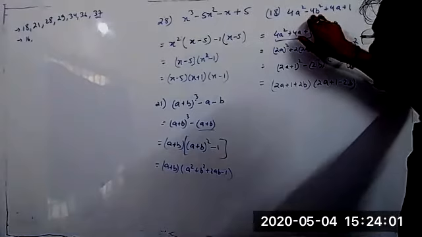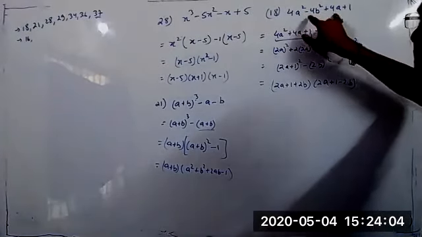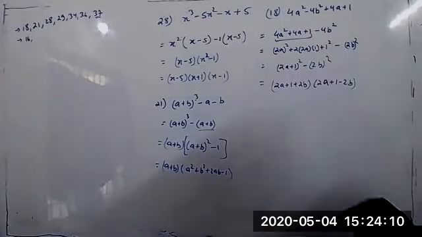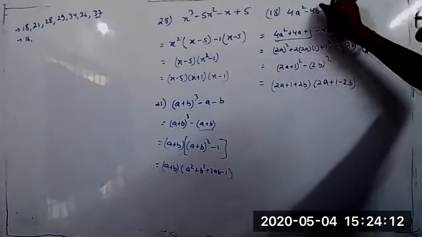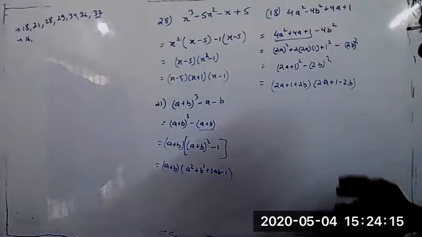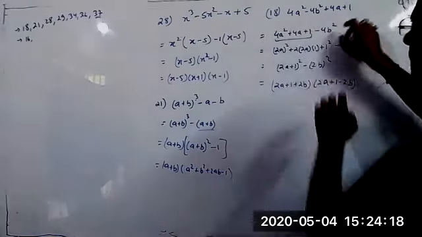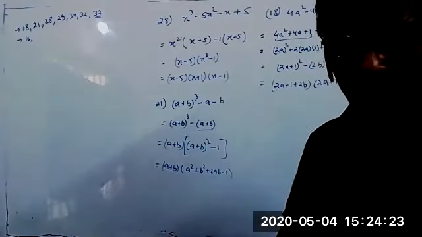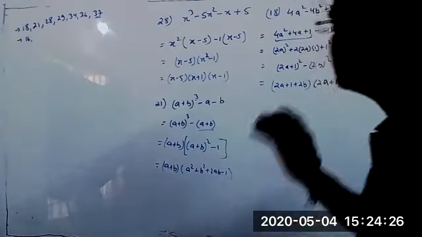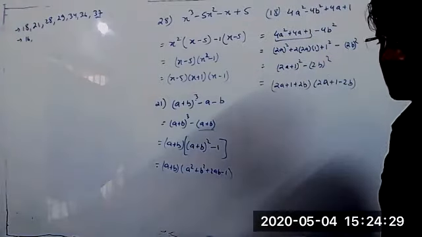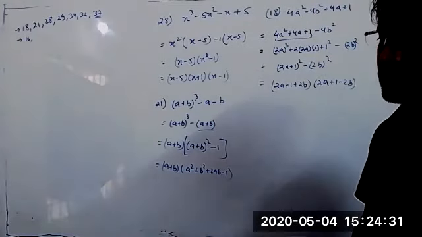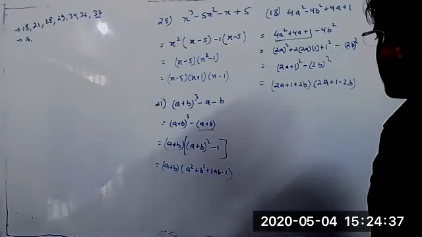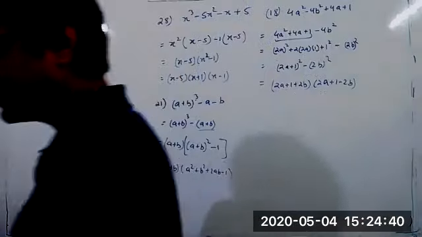Minus some squares are coming, so you take them out. It will be in the form of a square minus b square. Three terms are left. You see whether it is coming. If there are 3 terms, it will be a plus b the whole square or a minus b the whole square. You have to see and rearrange. 2 plus 2 is not always 4; you have to rearrange and make it 4. Is it clear? Yes, sir.